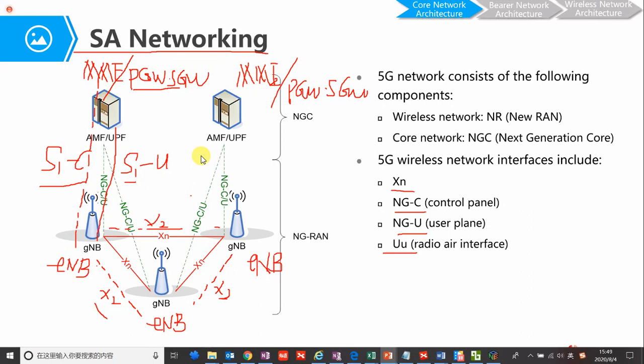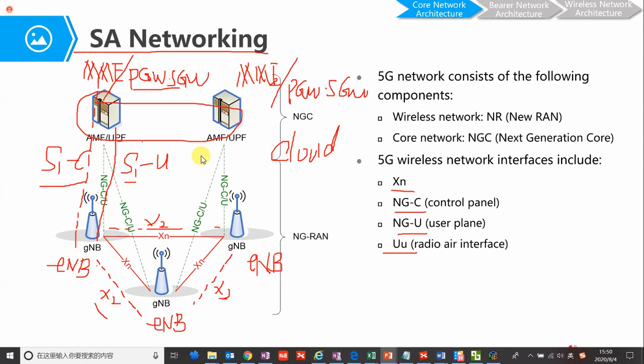But for our 5G network, the core network will be based on the cloud. And actually the architecture is similar to the 4G, but the core network has some differences. For the core network, all network elements will become functions.